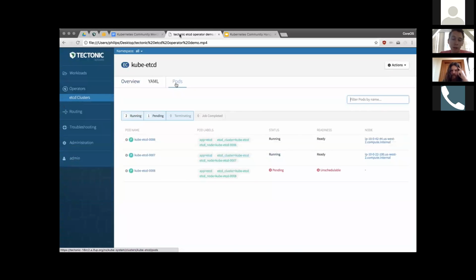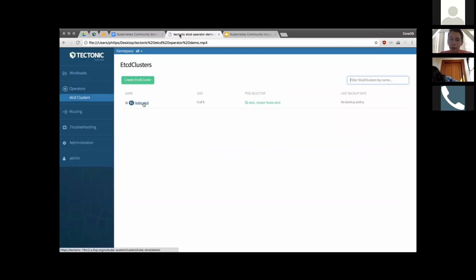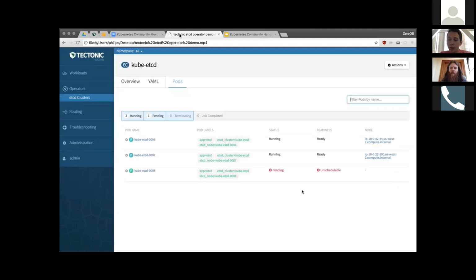And so now we're in a degraded state, and the etcd operator has scheduled a new pod, but it's not schedulable because we don't have a new node that's labeled as a master node available. Once the AWS autoscaling group schedules a new node, which is in the not ready state, flips over to ready, actually Kubernetes is then able to schedule the pod. The pod goes through into the init container, joins the etcd cluster, and then the etcd cluster is healthy once again. So the big advantage here is that we're able to, essentially twofold,